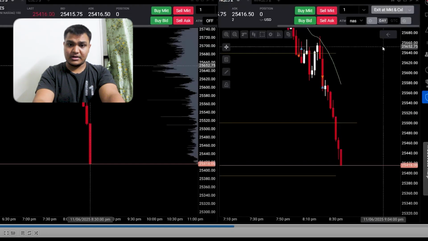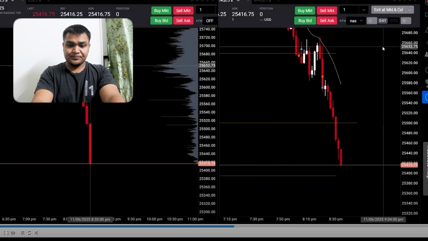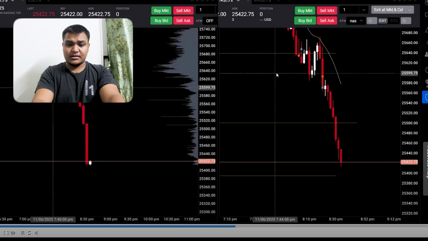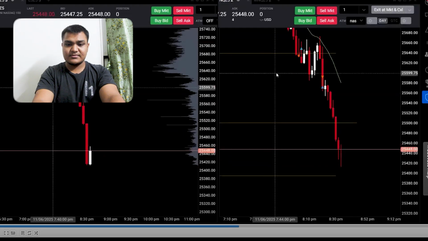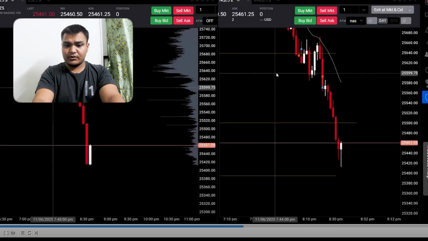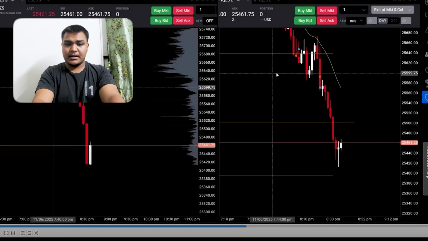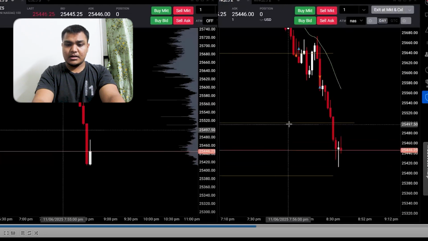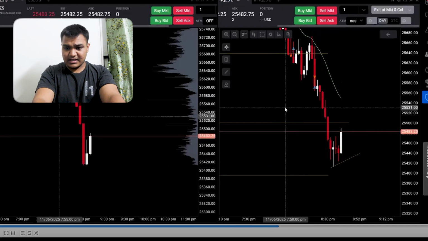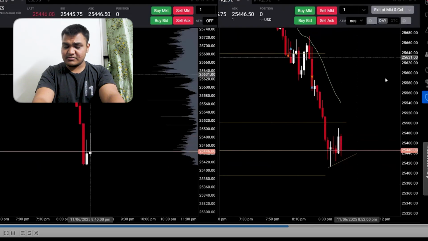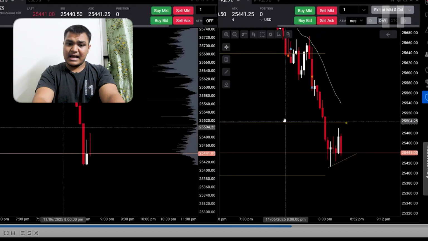as my real TP was 25,400, which was the daily low to be taken. Now it's lower than that, but 25,400 was the initial level as my TP, and it was still making some sort of pullback at the 460s, 450s level. I waited for that continuation trade, and I took the trade a little bit late over here. As you see, after this break, my real entry should be here, at the 25,440 level,